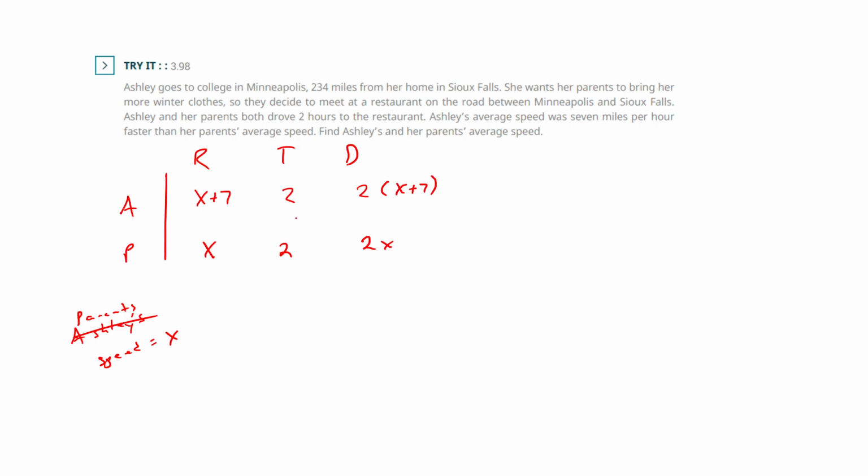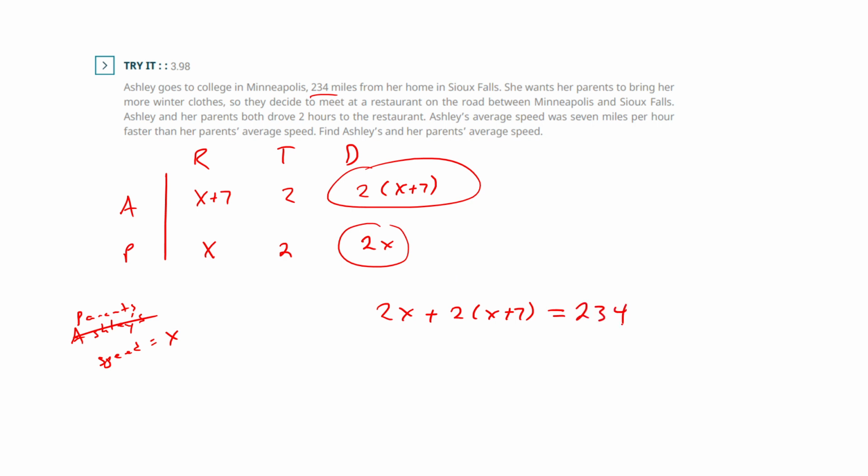All right, now what's happening? They're meeting partway there. So they're coming at each other again and covering a distance of 234 miles. So we're once again adding those up. They're both covering, these are distances. I know they don't look like it, but in math language, these are distances. And so they each covered some of the distance for a total of 234 miles. So I've got 2x